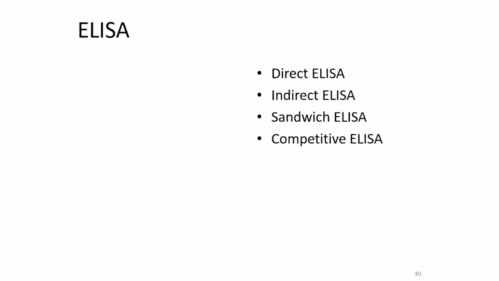Previously, we used to do it through the ELISA method. Many types of ELISAs are there: direct ELISA, indirect ELISA, sandwich ELISA, and competitive ELISA. Previously, we used the sandwich ELISA technique, which has a long incubation time, around 4 hours, sometimes more than 4 hours. Our technicians tend to forget whenever they incubate at a particular stage. So now we have shifted from the ELISA platform to the CLIA platform.